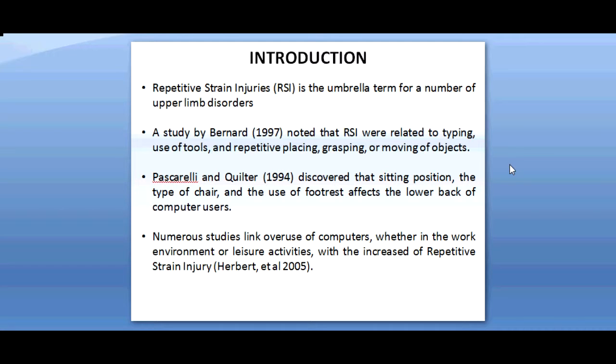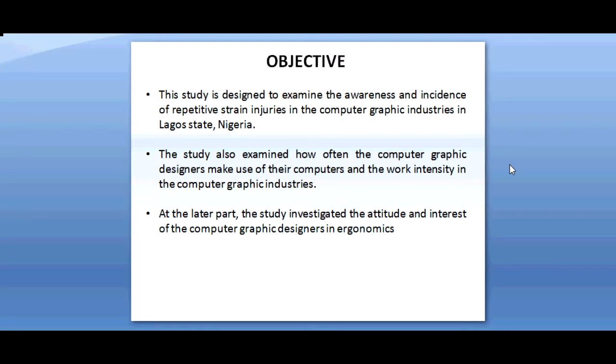It has been discovered that sitting position, the type of chair, and the use of footrests affect the lower back of computer users. Numerous studies link overuse of computers, whether in the work environment or leisure activities, with the increase of RSI. This study is designed to examine the awareness and incidence of RSI in the computer graphic industries in